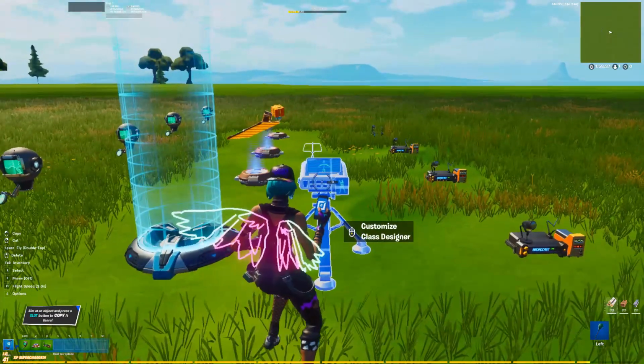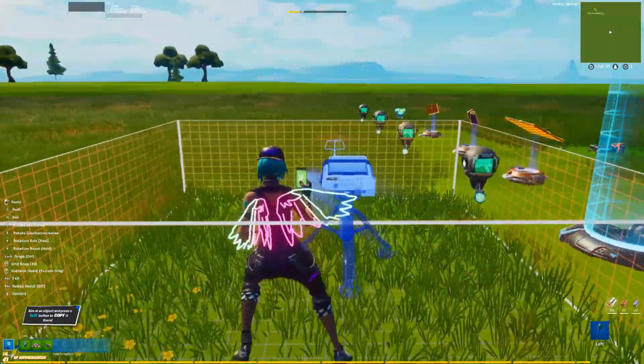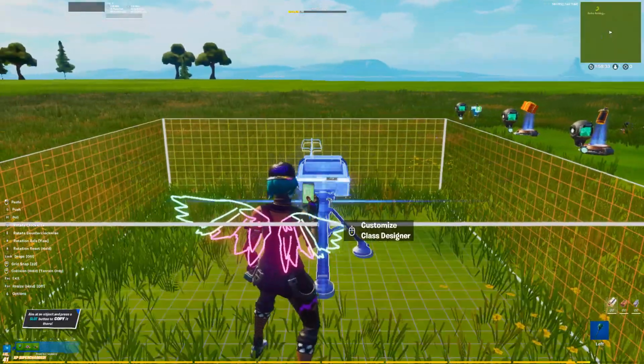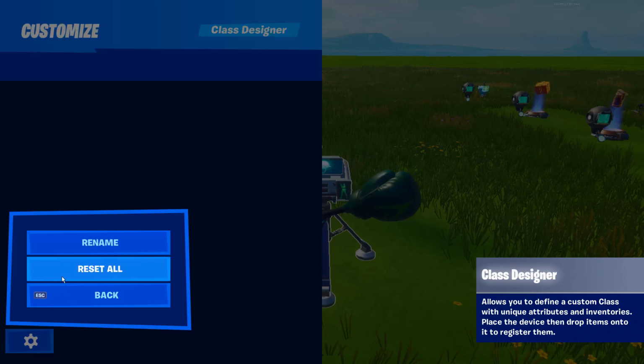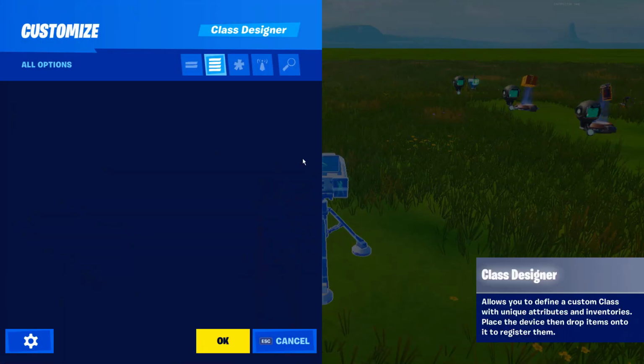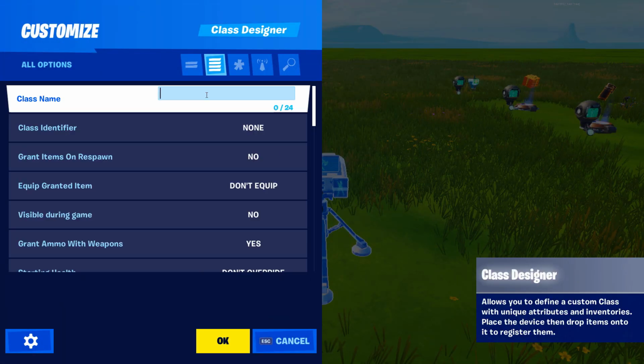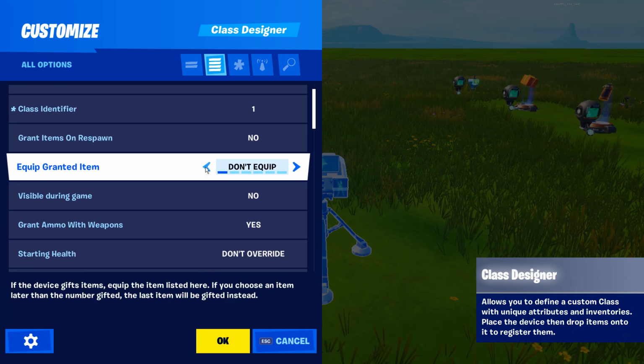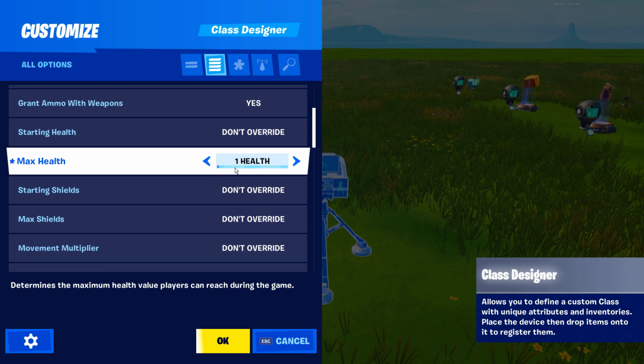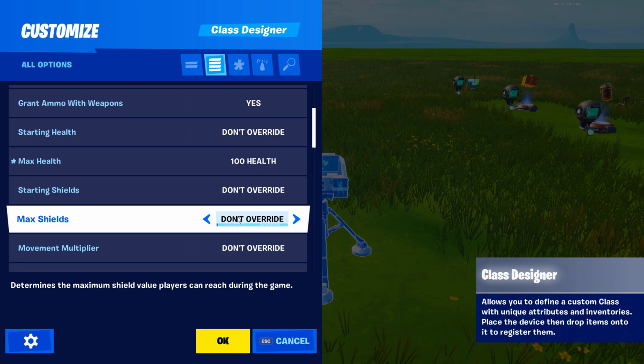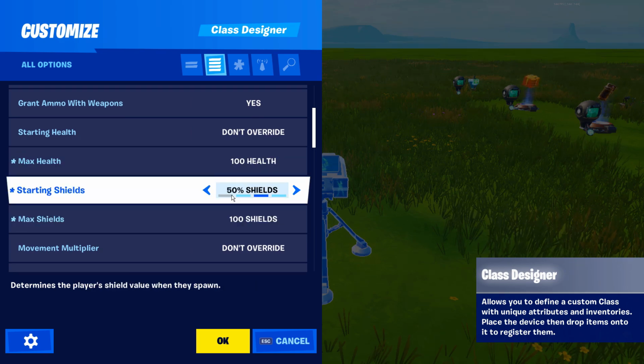Then we're just going to copy the class designer and place it down again, and we're going to reset everything. Then open up the settings, and we're going to type the class name in as default, and we're going to set the class identifier to class 1. Then we're going to just change the settings back to whatever we want the default class to be, and then